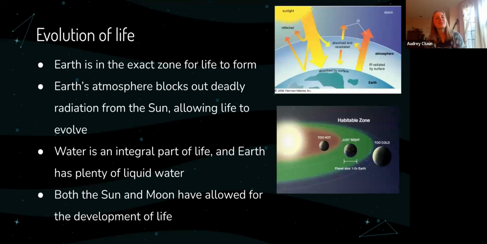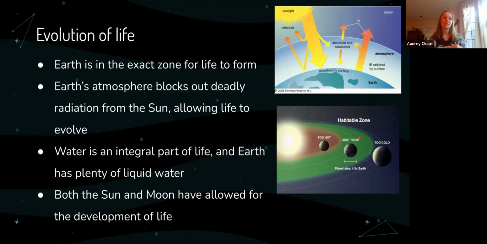About life forming. Earth is in the exact right zone for life to form. It's far enough away from the sun for any water to not evaporate, but it's also close enough for any water to stay in a liquid state.